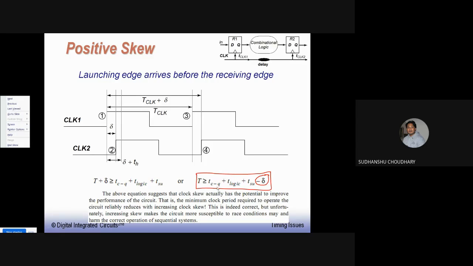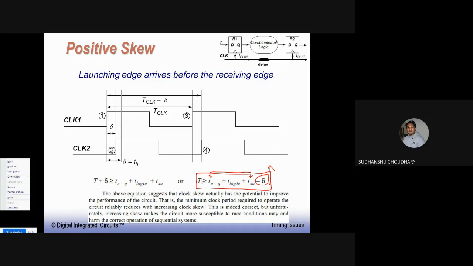Earlier the clock period required was T setup plus T logic plus T clock-to-Q, but because of clock skew, the minimum clock period required for this circuit to operate correctly reduces with increasing clock skew. So one would argue, why not increase this clock skew, since it is beneficial and my circuit is becoming faster? This looks correct, but then this skew